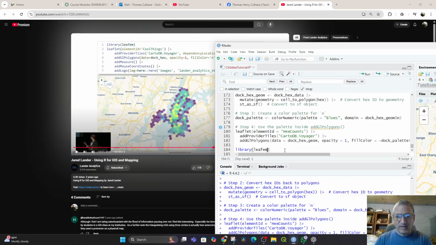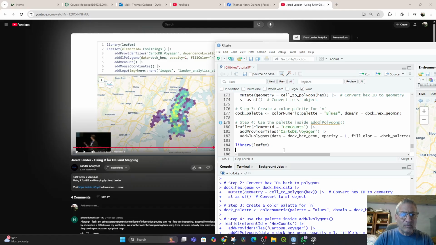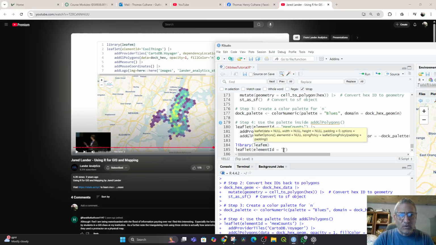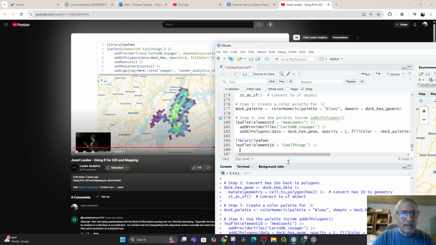And then from there, going to leaflet and doing element ID equals cool things. Neat. And piping that over to add provider tiles and then